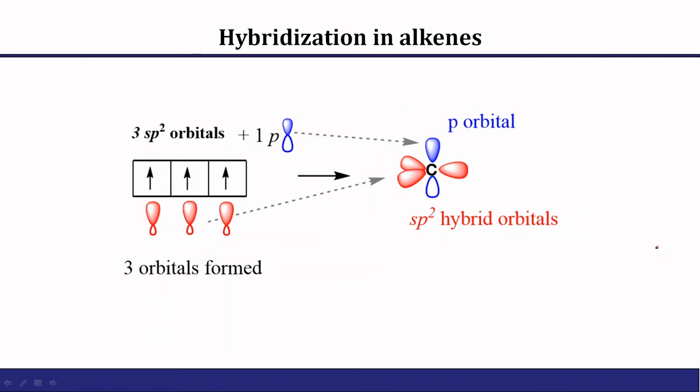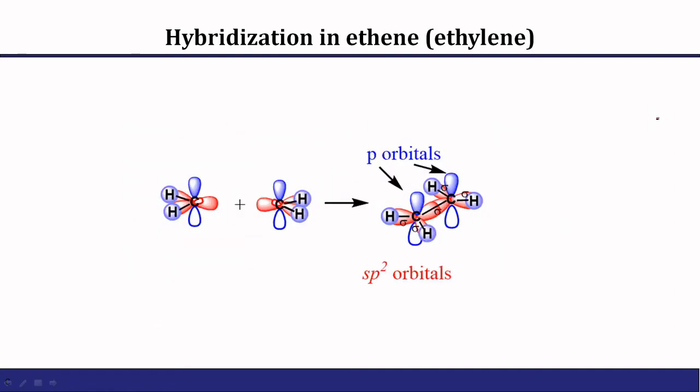The shape of one of the sp2 orbitals is as shown here. 3 such hybridized orbitals combine and form this type of arrangement. Now we also have one more electron in a p orbital. That unpaired electron will be lying on the carbon, almost perpendicular to the plane of the sp2 hybrid orbitals. Let us see now how bonding occurs.